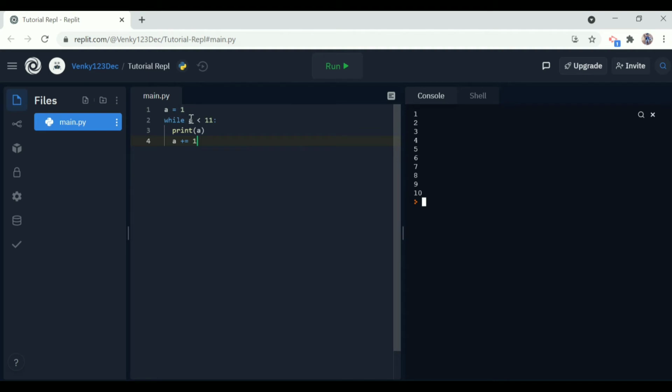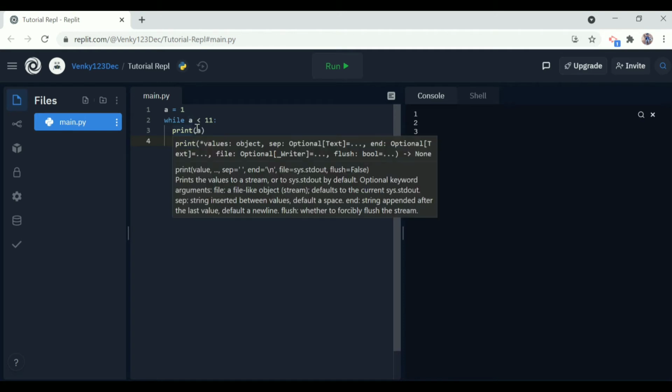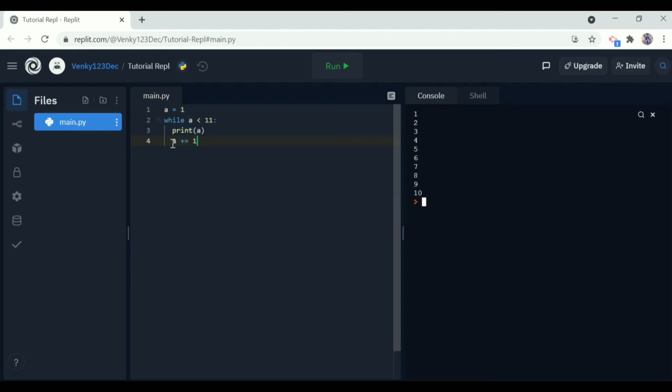First a is lesser than 11, so it will go here and print a, and then it will increase the value of a by 1 and it will become 2, and again 2 is lesser than 11, so it will keep on repeating till 10. 10 is lesser than 11, so it will print 10, and the next number will be 11 because a plus equal to 1 makes a 11, and then 11 is not lesser than 11, so the condition became false and the code stopped running and it printed till 10.